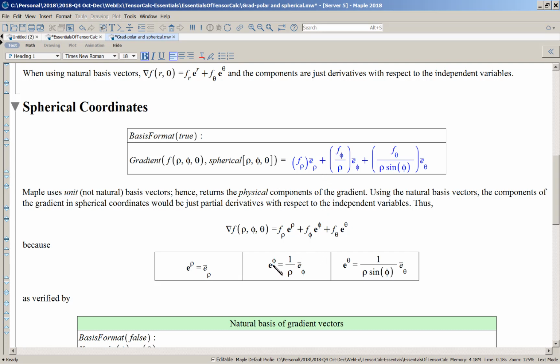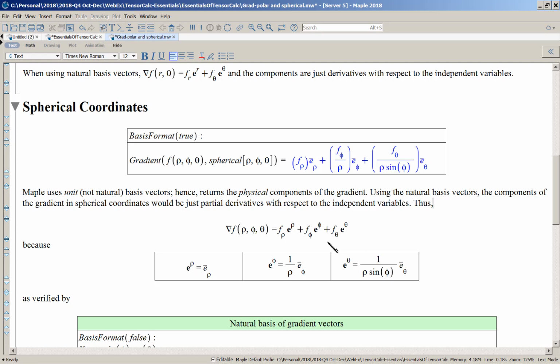The one orthogonal to the phi surface has 1 over rho, has that scale factor times e bar phi, which is Maple's unit vector. So if this moves under here and it's subsumed into here, then you have this basis vector,